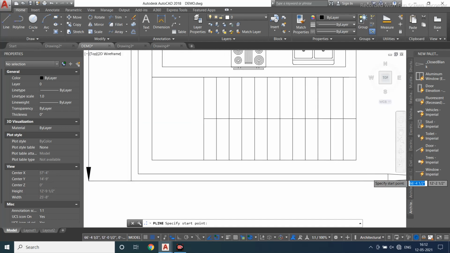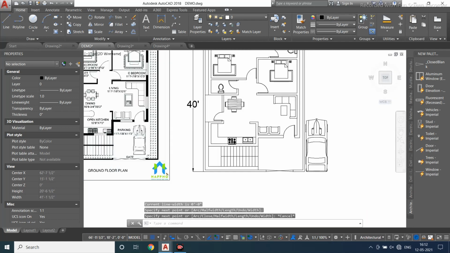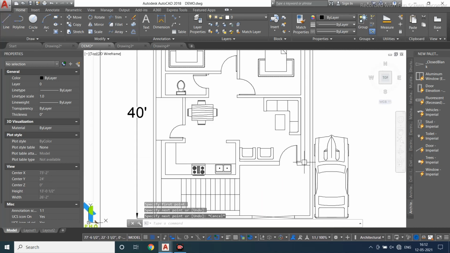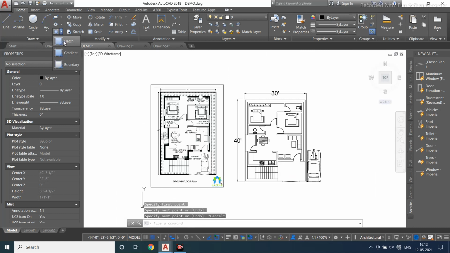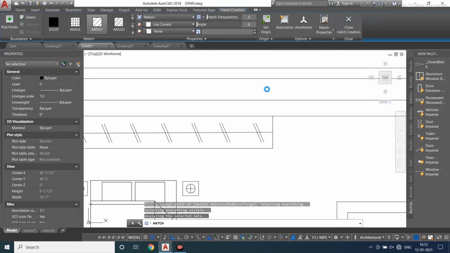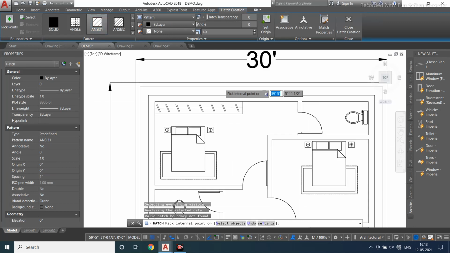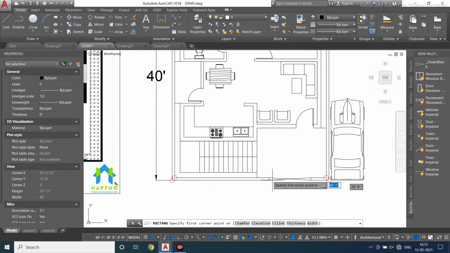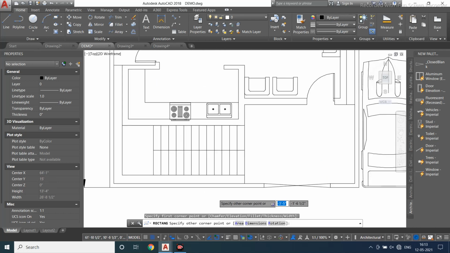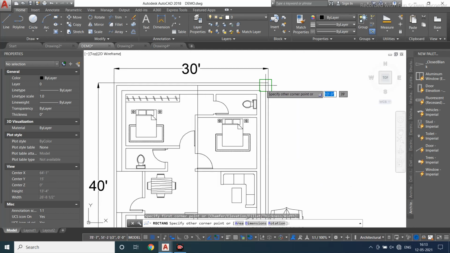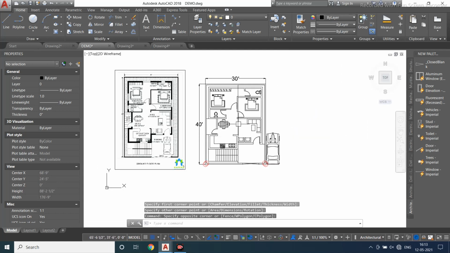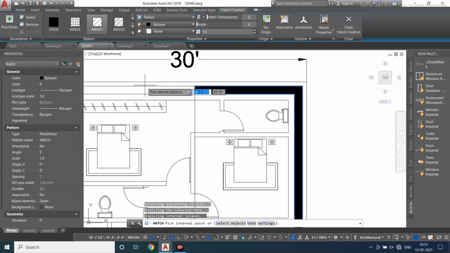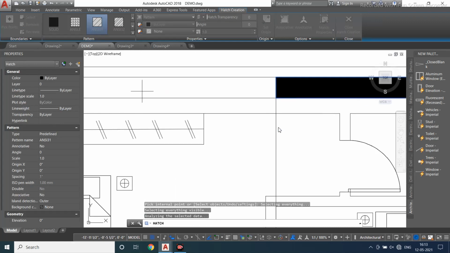Now they have shown some greenery hatching over here. So for that I'll be making a line to cover up this area, and I have not taught you the hatch portion. This is called a hatching. So select this one, hatching, and just click it over here. It says that your boundary is not closed. So to do that you have to select from this end to this end of your object. Now if I give a hatch, you can see it has been hatched, right?